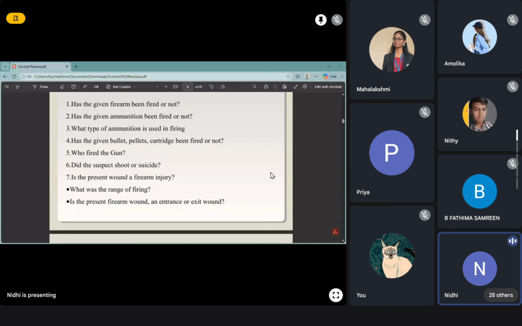If the person is not laid in rain, if that person is not in water, you will be able to find those GSR particles on their hand. And if you are not able to find an adequate amount of GSR particles in the hand of the victim, you can directly say that yes, this case is not a suicide. Because the first thing we talked about is cadaveric spasm. That person who got killed won't be able to hold the gun with so much grip, right? From there I was able to determine whether it was a suicide or a homicide.